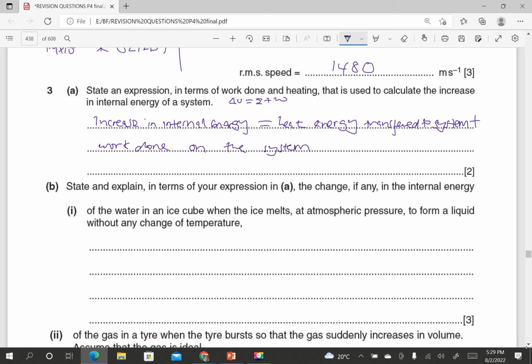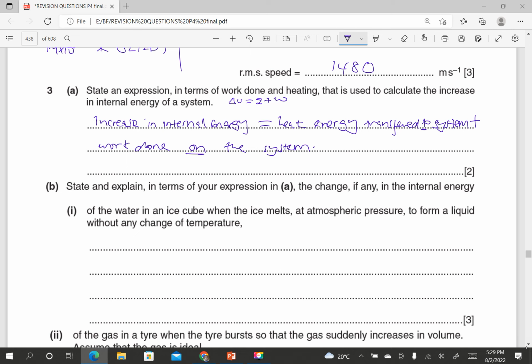So I have defined the sign conventions very clearly. Alternatively, you could also give otherwise sign conventions. Me, I have taken increase, positive: heat energy transferred to the system is positive, work done on the system is also positive. Okay? State and explain in terms of your expression in A the change, if any, in the internal energy